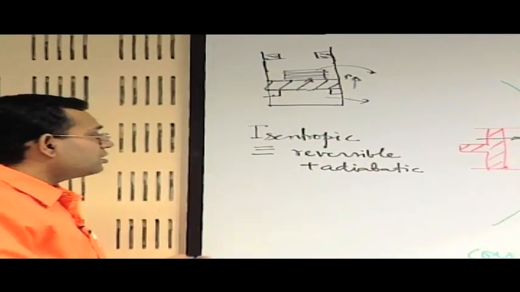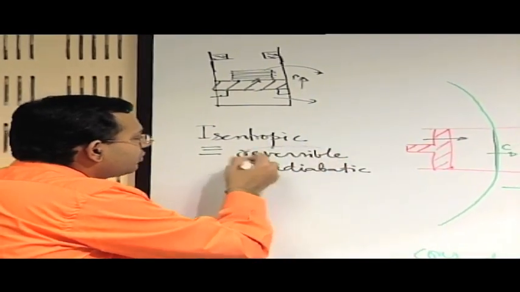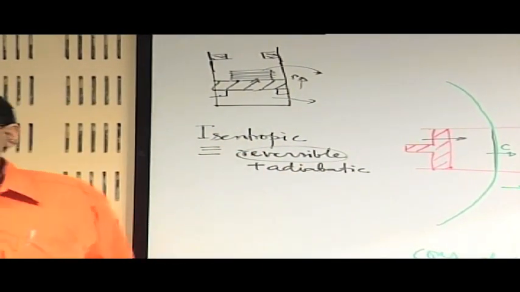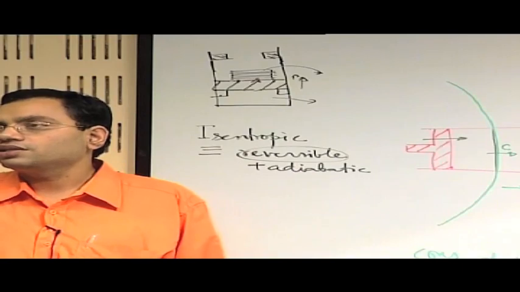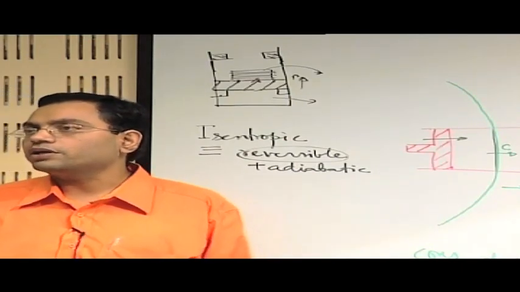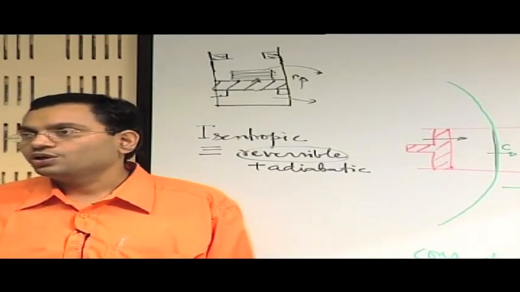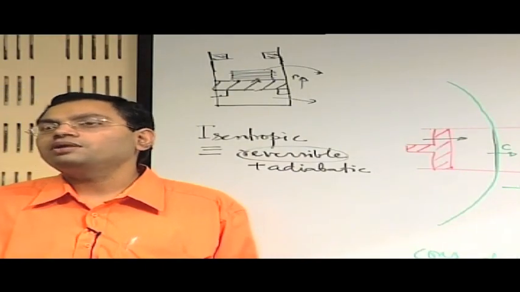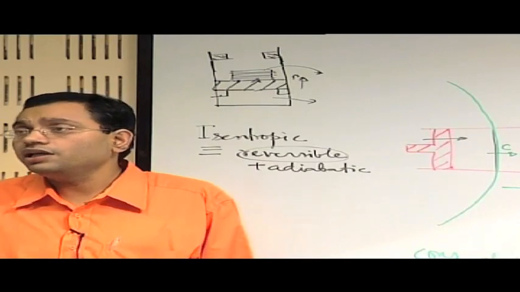Now if you are thinking of a reversible process, there are many factors actually which are against it in reality, which makes real processes irreversible. One of the important factors is friction. So friction is such a factor which will make a real process irreversible